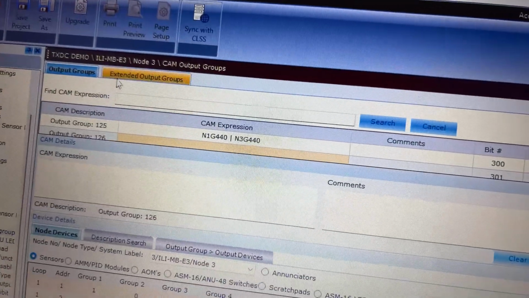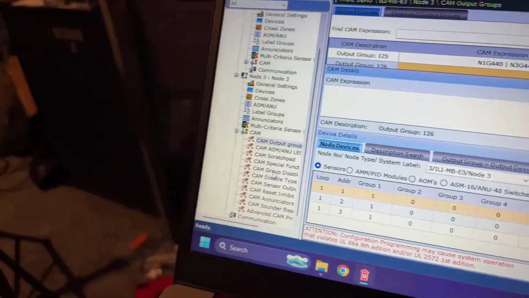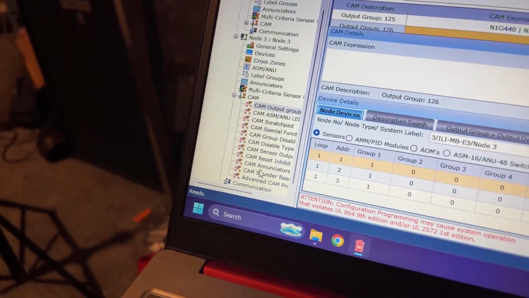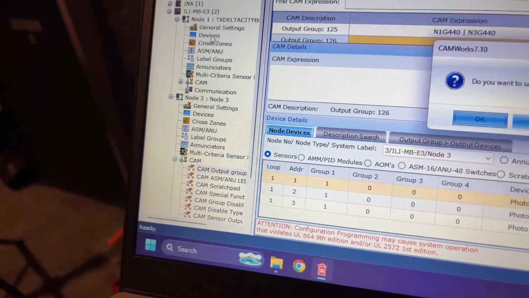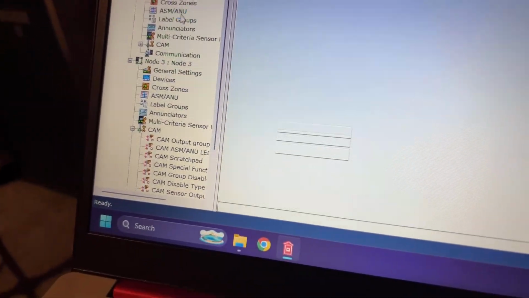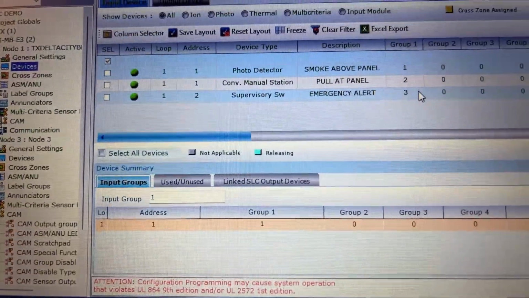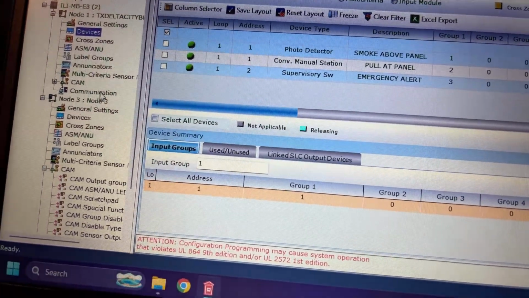Just like that. So don't really have to worry about any of that stuff right there. And then what I need to do for my system is I need to have it